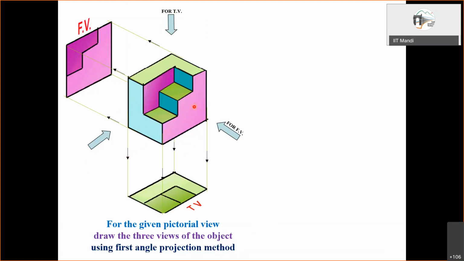This pink one, this will be looking like a line. This pink one also like a line. This top surface will look like a line, right? The same goes for this one as well as for this one also. So this is for the side.